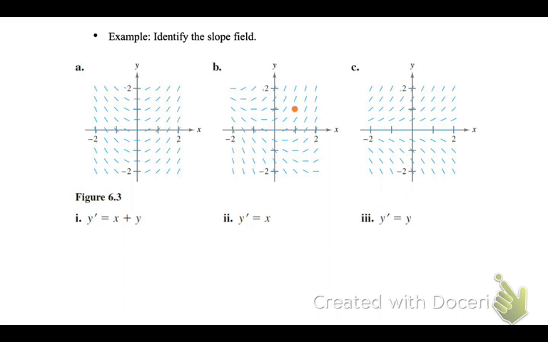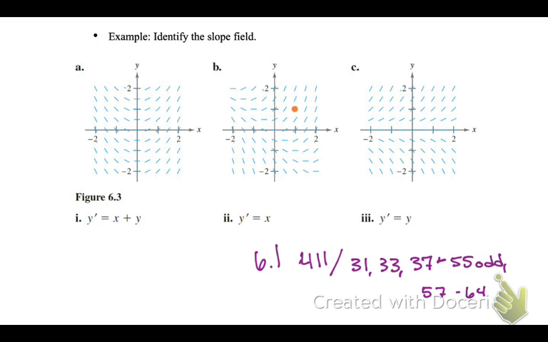I was pretty picky on your homework today. So, you are 6'1", page 411, 31, 33, 37 through 55 odd. And 57 through 64. I think the 57 through 64 are the matching. That's good. I think it's funny when you look in books and they say